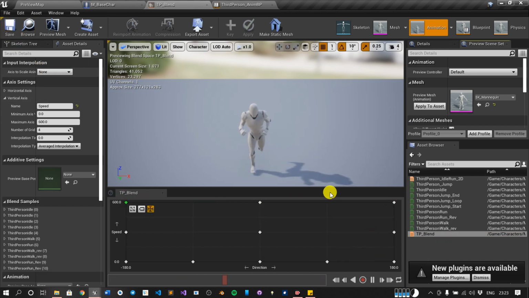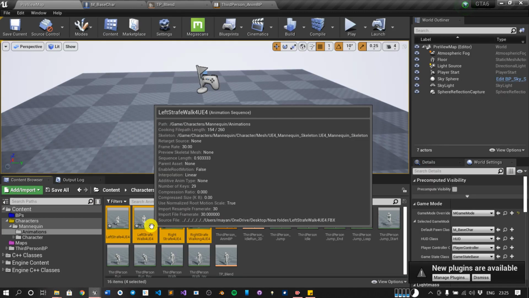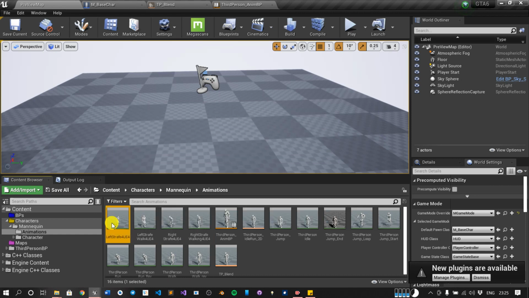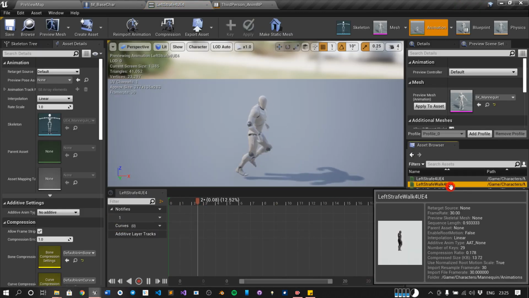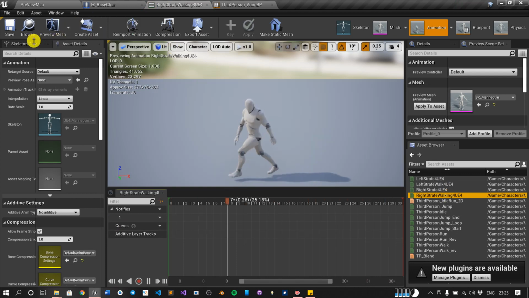So for the left hand side and the right hand side, we need new animations which we currently don't have. So I am exporting from another project, and I will include it in the current project and provide the link in the description. So I have imported these 4 files. Let's check first whether it is working or not. Perfect. So we have this animation.